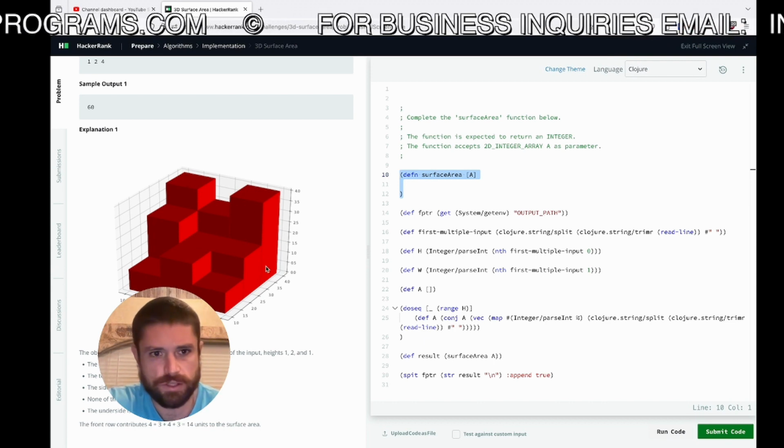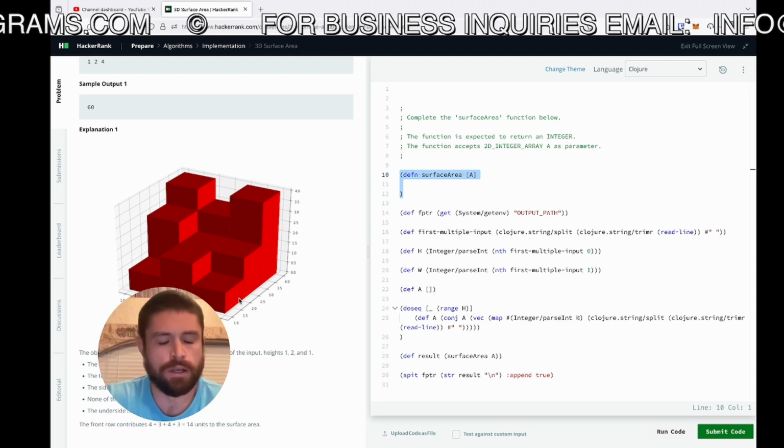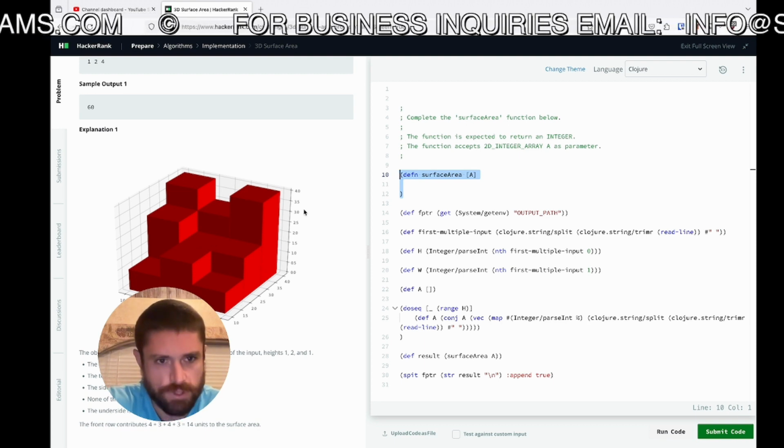We're treating each of these as a column, and for each of the columns,